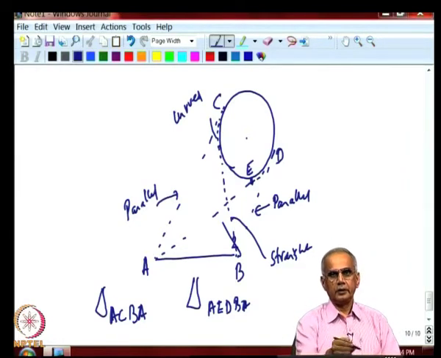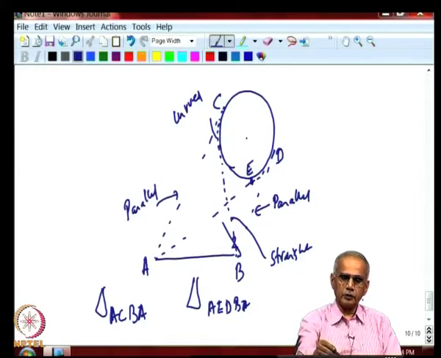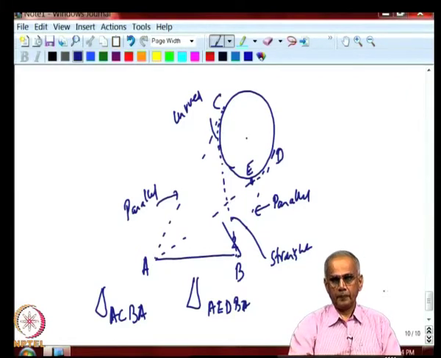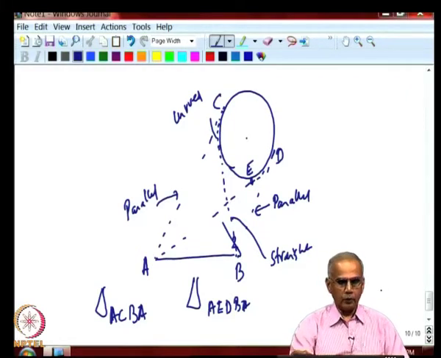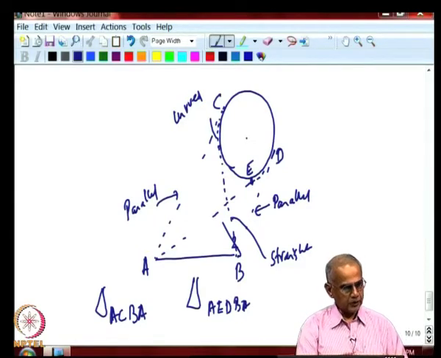So, I can apply the same rule that we have applied to derive the Hottel's crossed string method, and you will get the answer that it is the sum of the two crossed strings minus the sum of the two parallel strings, divided by twice the length of AB. Only the calculation is a little messy here because it is a circular object, but otherwise the result of drawing the string is fairly straightforward.